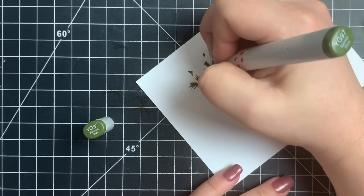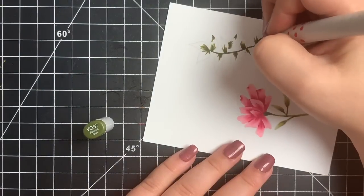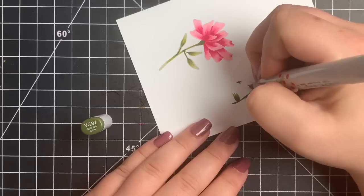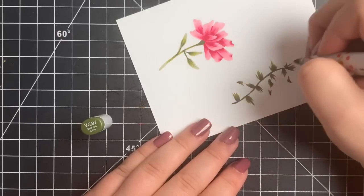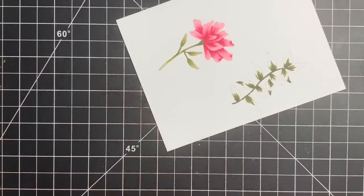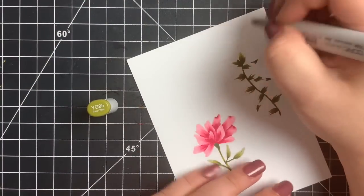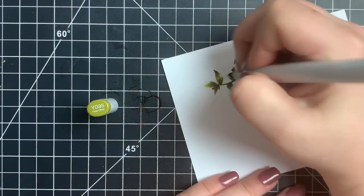I also added a little bit of shading to the tip of just a few of these leaves, the ones that appeared to be a little bit more curved, just to add a little bit more shape. So you can see that I am using some flicking motions, and this is totally optional. If you haven't mastered the flick, don't worry about it. It's not mandatory,